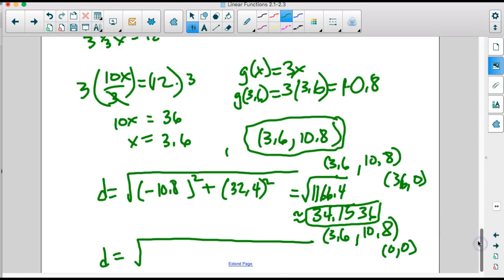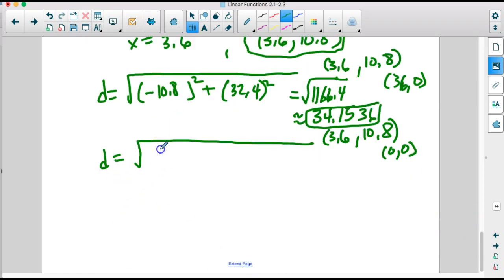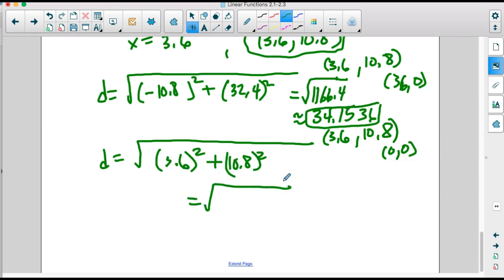And then the distance on this other one is just going to be 3.6 squared, because that's 0 subtracting, and 10.8 squared. So that's going to be the square root of, using my calculator, 3.6 squared and 10.8 squared. This is going to be 129.6 when we add those up. So that's going to be approximately